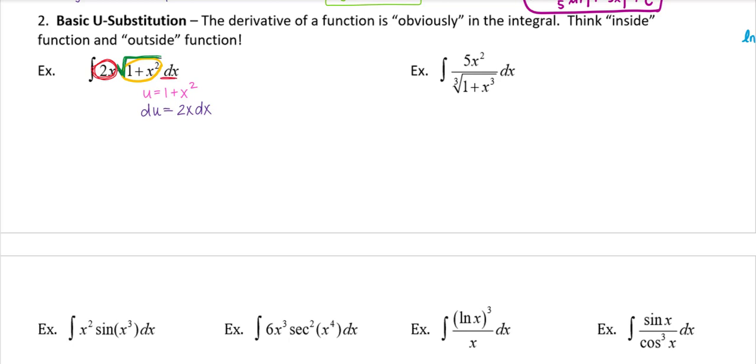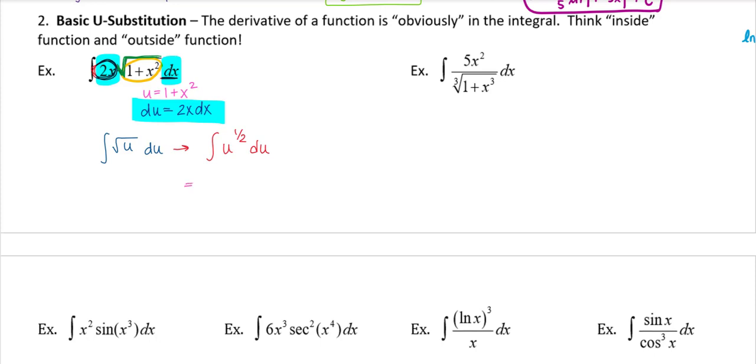Here's 2x, here's dx. So those pieces, let's see if I can highlight these here in blue for you. Since 2x dx is equivalent to du, that's what I will replace with du. And then I let the radicand, or the function underneath the square root, be my u. So I'm really just trying to find the antiderivative here of u to the half du.